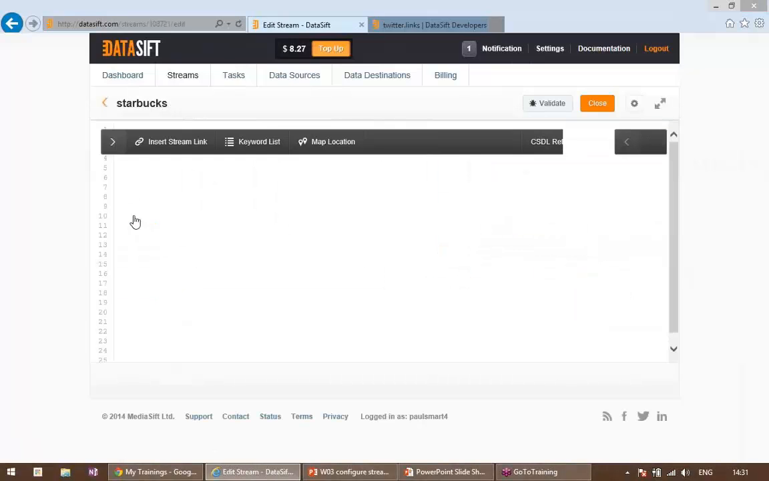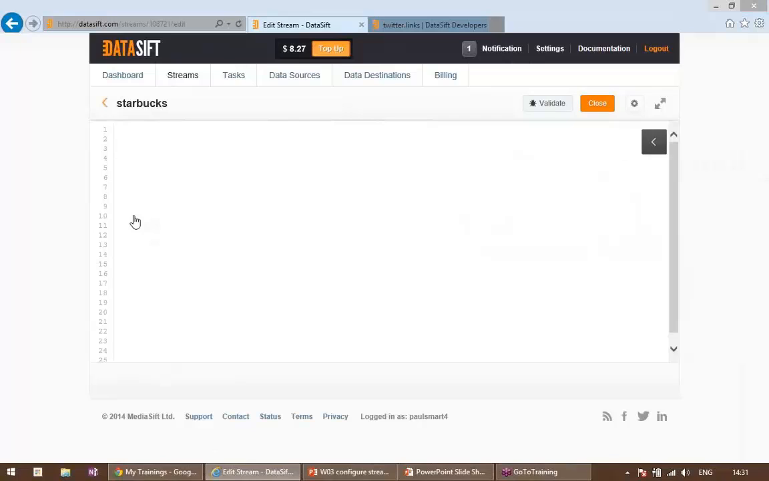Now there are some things you can do in CSDL that are just so much easier than doing it in Query Builder. So the more complicated your filter gets, the more likely you are to find it easier in CSDL. Now I'm going to start typing my CSDL in here. So I'm going to go for interaction.content. Now as soon as I've typed in that target, because it's a valid target name, it's turned it blue. So that tells me that that's valid. And I'm going to say contains all. Actually no, let's go for contains any. And I'm going to have Starbucks